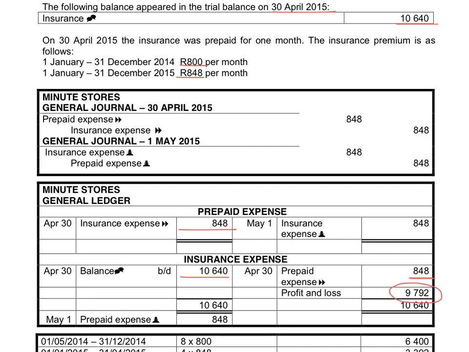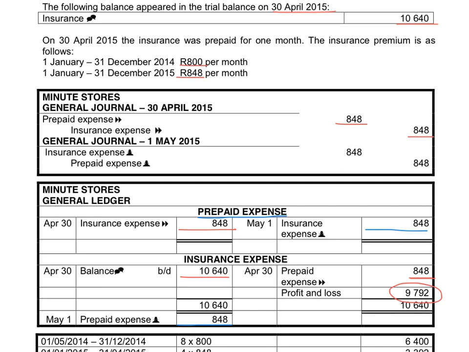If we do the journal entry for this, we will say that prepaid expense must be debited to create an asset. Insurance expense is credited to reduce the expense. On the first day of the next financial year, we have to do a reverse entry. So we must cancel this prepaid expense. At the moment, it has a balance on the debit side. So if I want to close the account, I must credit prepaid expense and I must debit the insurance expense